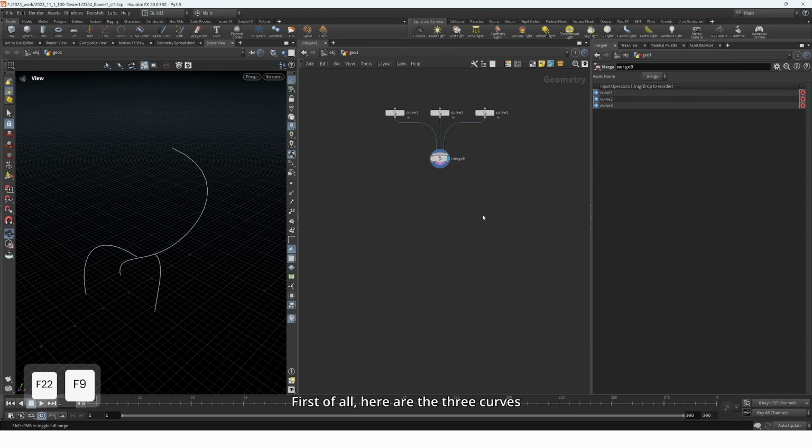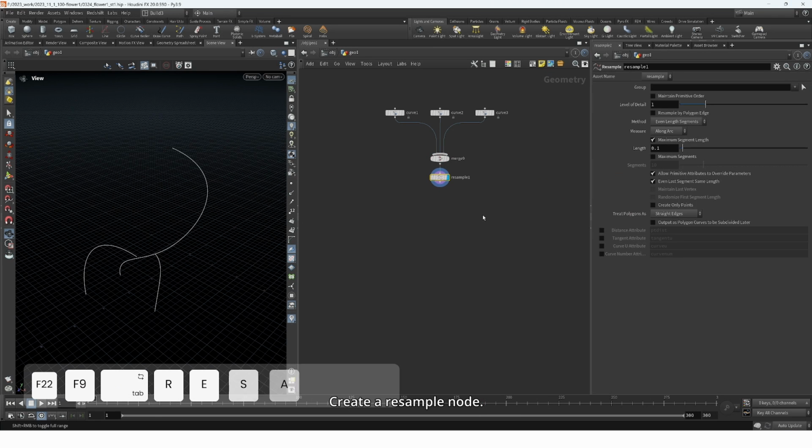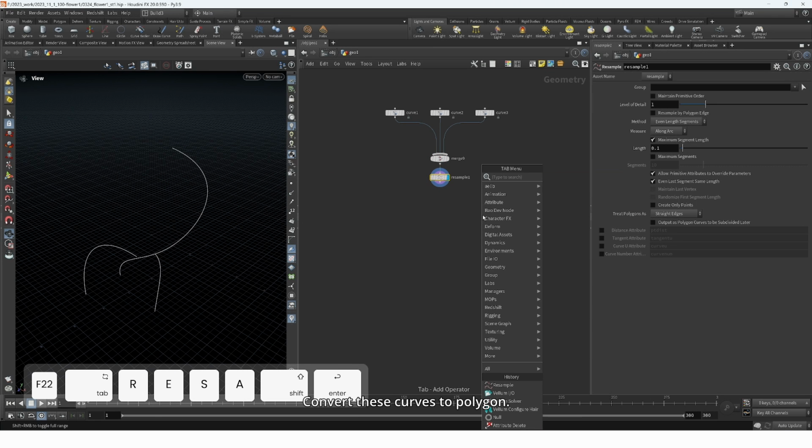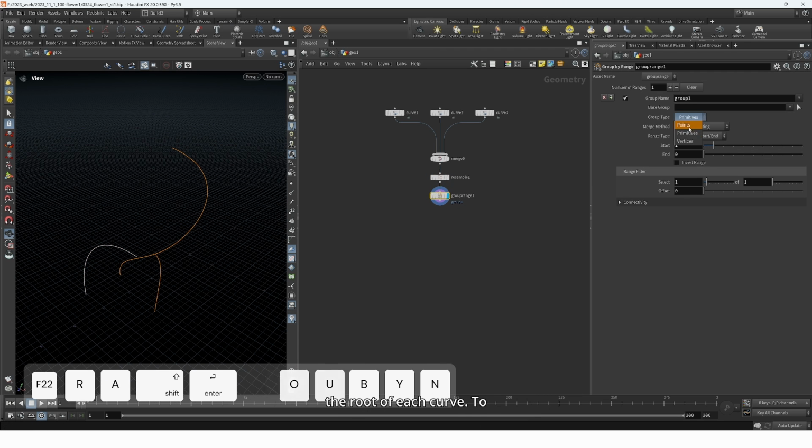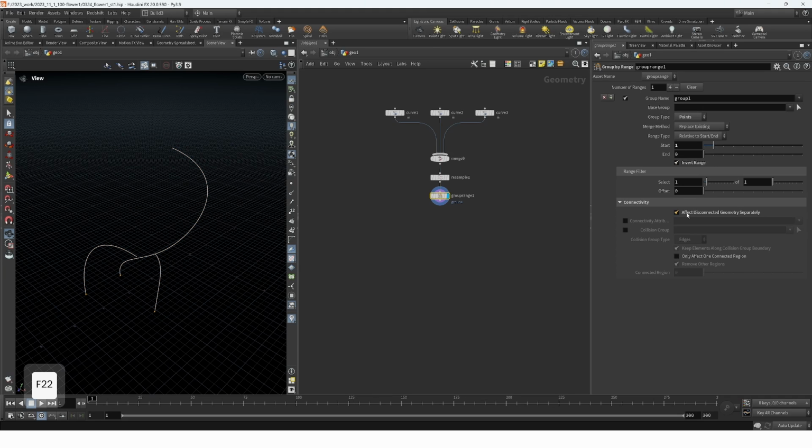First of all, here are the 3 curves that I created. You can use any other curves. Create a resample node. Convert these curves to polygon. Create a group by range node and select the root of each curve, to fix it in the simulation,